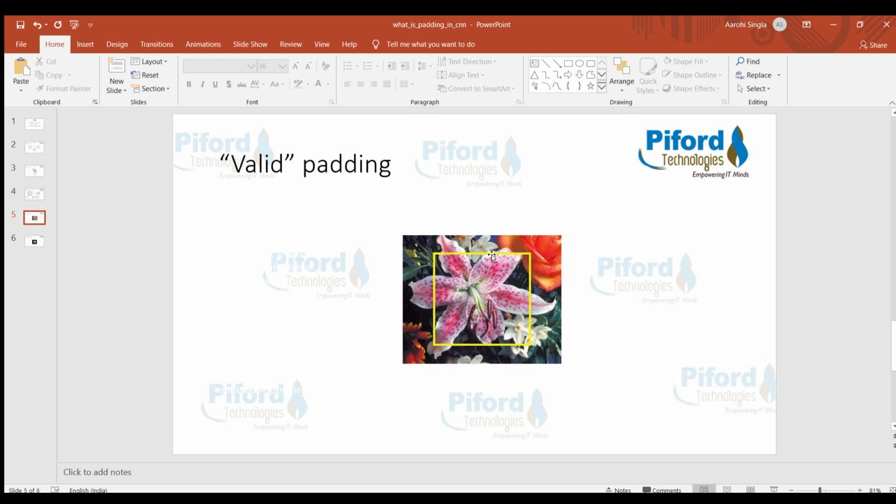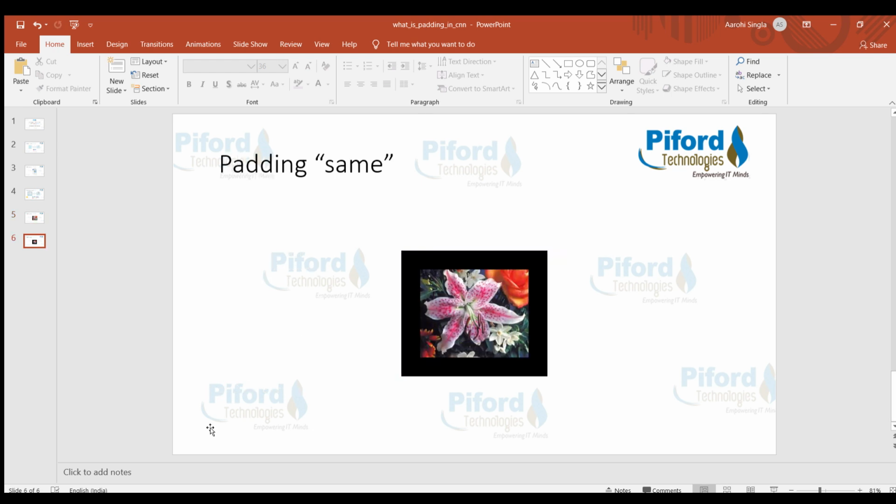That means we use only the valid portion of the convolution. The resulting image will be smaller, obviously, because we are only trying to get the data which is of more interest. This is what valid padding does.